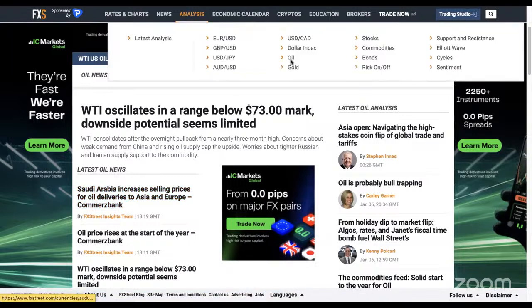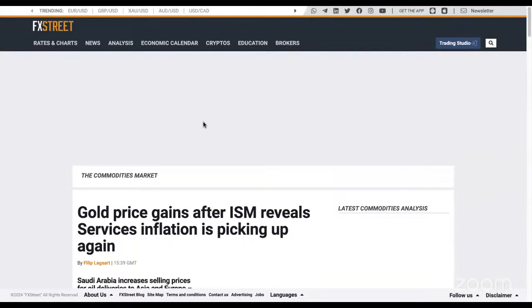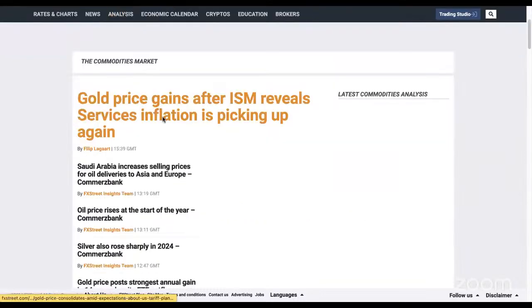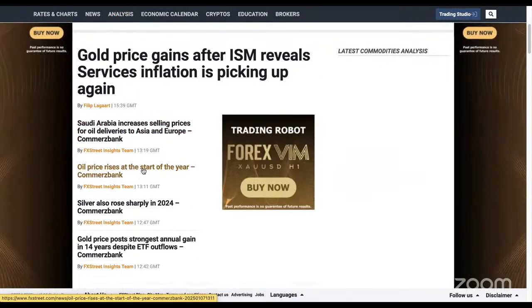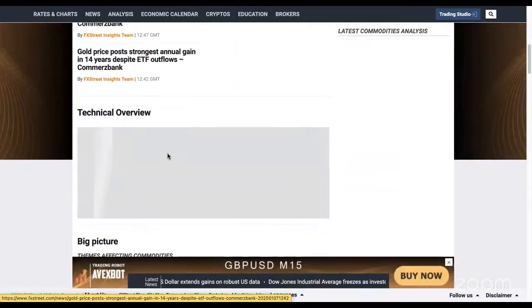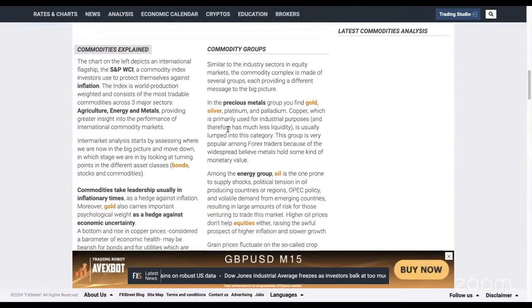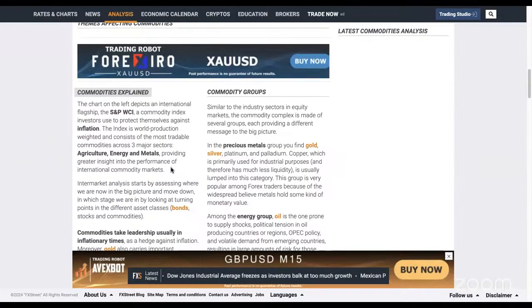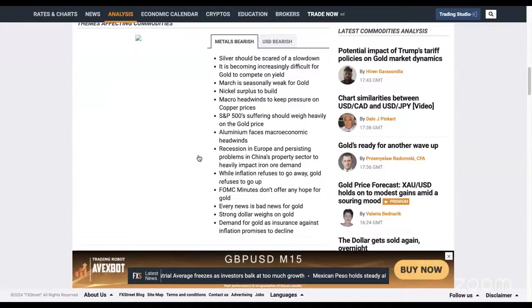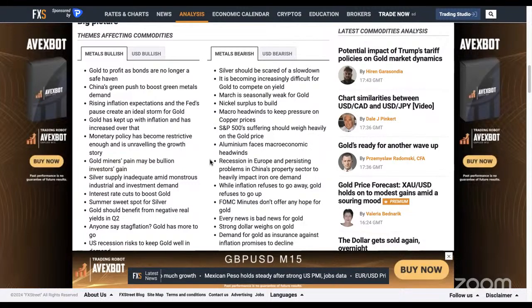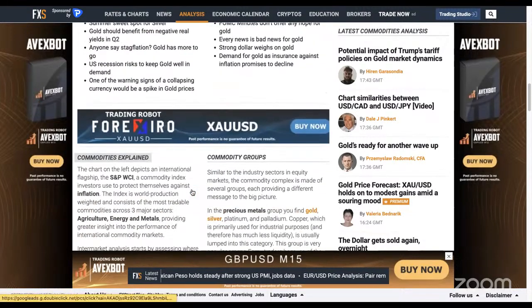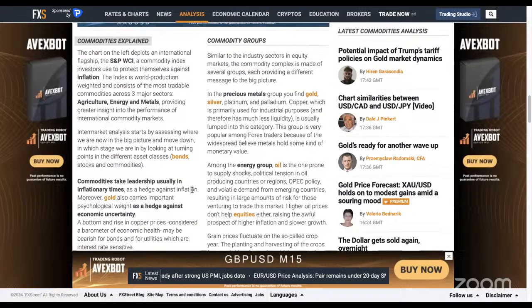So out of here again, let's say we are trading commodity, which is very, very important. People don't pay attention to this asset. And these are assets where you can buy and hold for a long time. Under commodity, you get latest news on commodity. Oil is number 1. Oil is number 2. Silver is number 3. Gold is number 4. I don't want to touch those areas. But when we are talking about commodities, I want to see other stuffs being mentioned, apart from gold, silver, all those other things. I want to see something else that we can trade. Agricultural stuff,